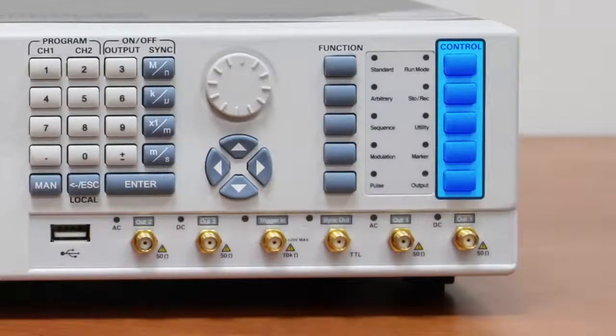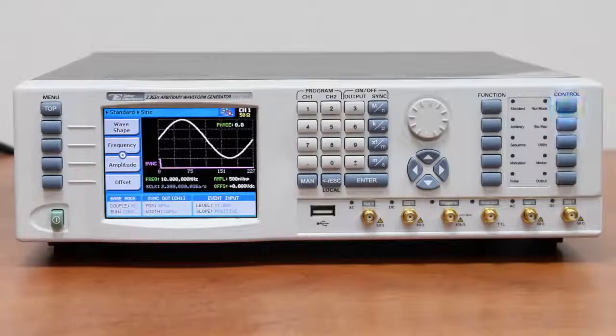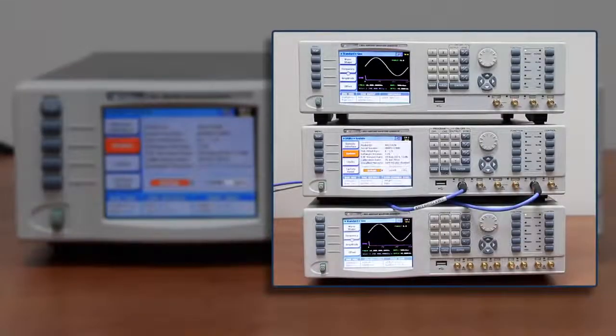These are the control menu keys. These select control menus that program the instrument operation. These are run mode, store recall, utility, markers, and output. In the utility section you can obtain the system information including firmware version, calibration date, and installed options. From here you can also set the screen brightness,